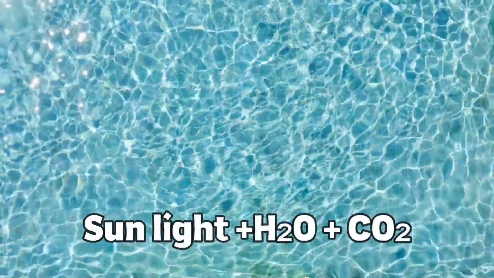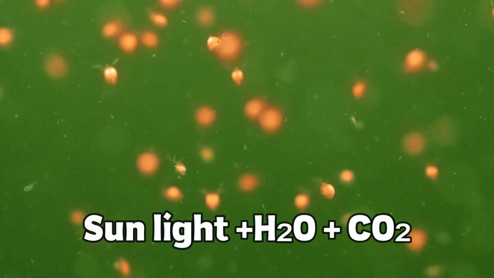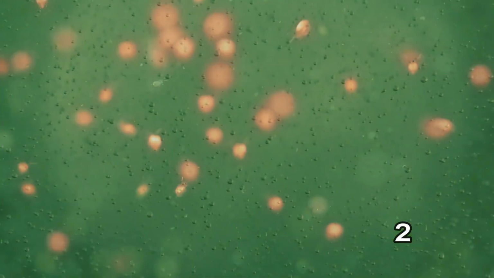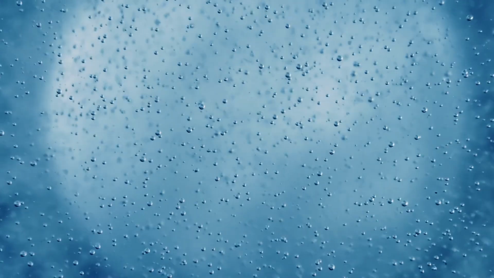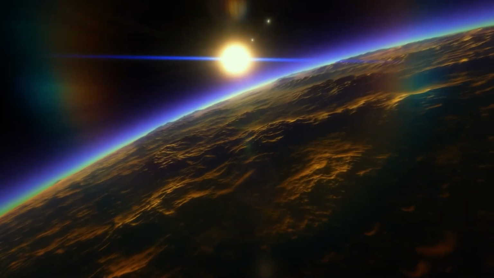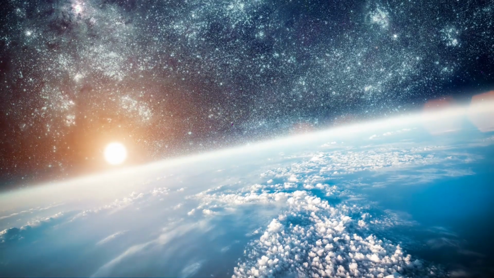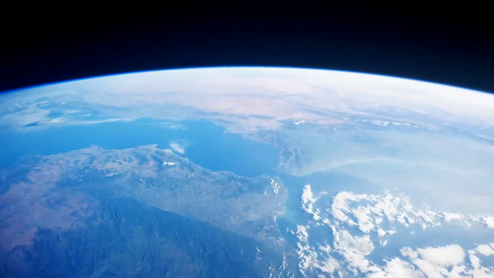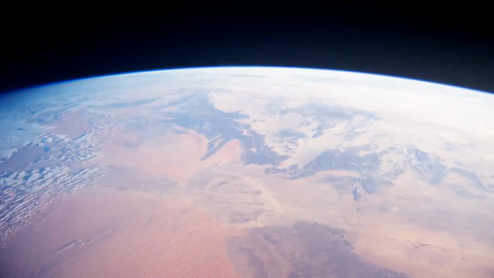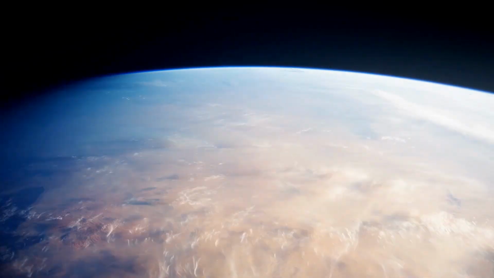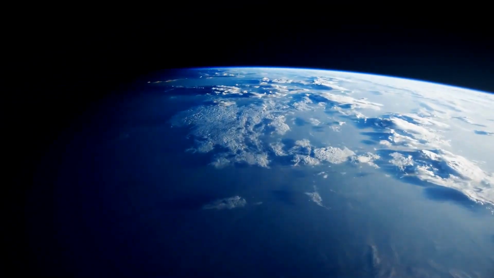So with photosynthesis, the microorganisms in the water use the sunlight, the water, and the carbon dioxide to produce energy and release oxygen in return. You might say that was quick. I like how fast these microorganisms produce the oxygen we need. But this was not quick at all. We just explained it quickly. This took hundreds of millions of years to form.